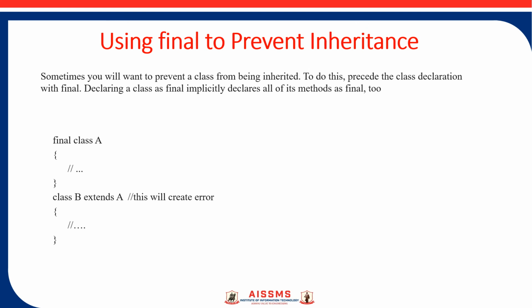Here we are going to see the use of the final keyword with a class. As we know, the final keyword can be used with a variable and with a method. So here we will see what will happen if we use the final keyword with a class. You can see in the example we have written class A as final. Whenever we try to extend class A, we will get an error that class A is declared as final and you cannot inherit it. So by using the final keyword, we can prevent inheritance in Java.